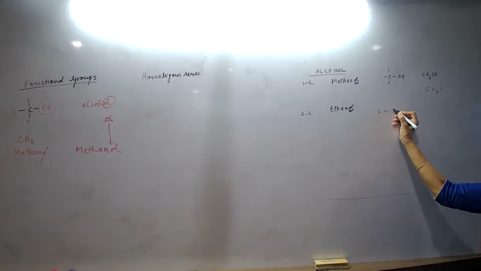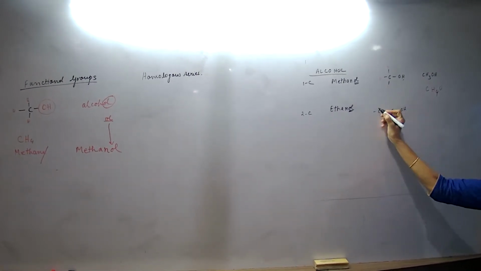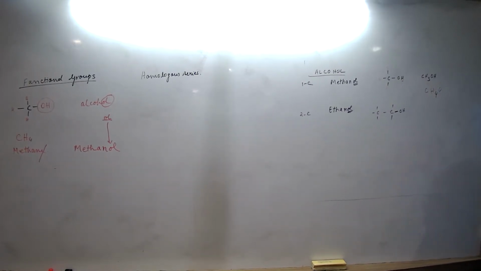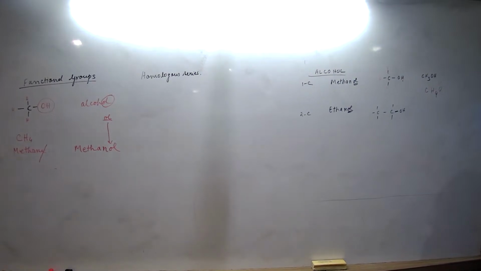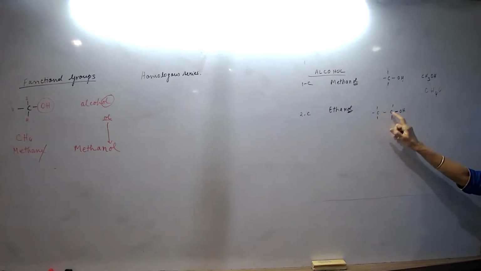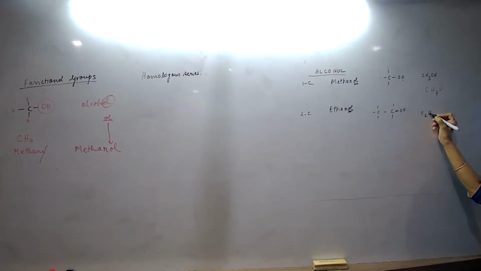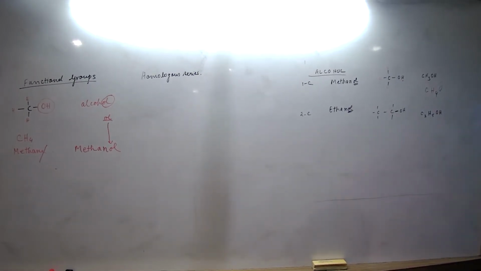What will it be? Two carbon. On one of the hydrogens I'm going to put an OH. The rest of it will be the same. What will the formula be? C2H5OH. Very good. So this OH is separate. C2H5OH. Now this is what you have come across in your anaerobic respiration, fermentation, for example.